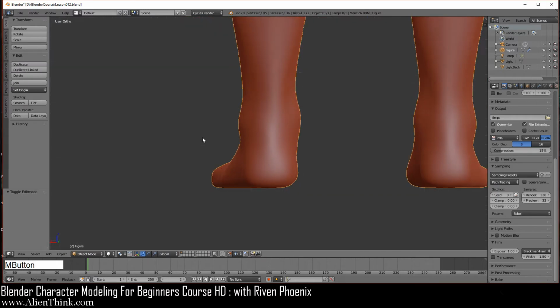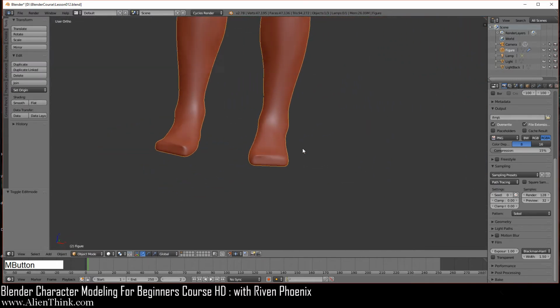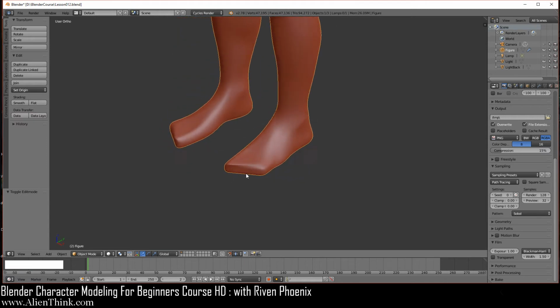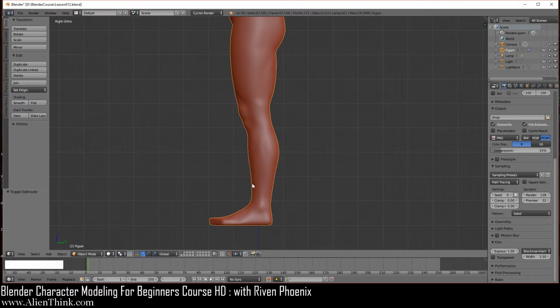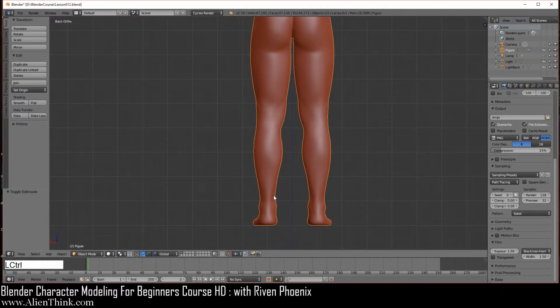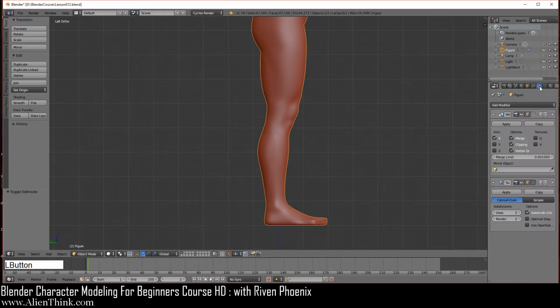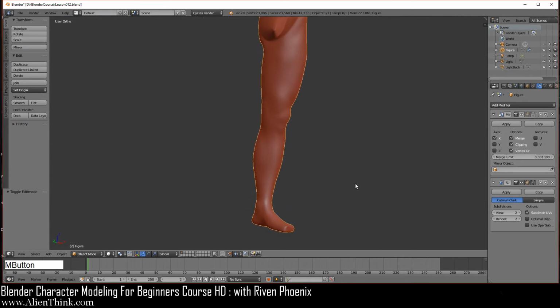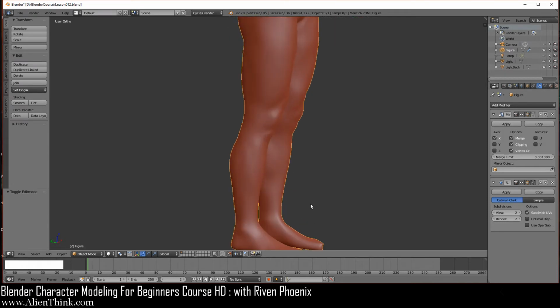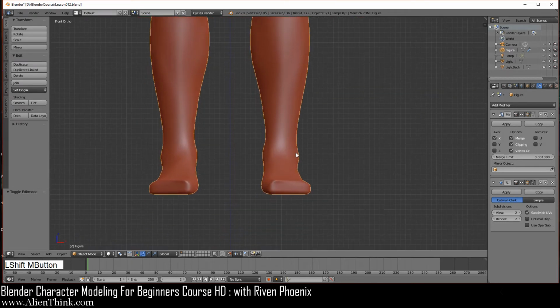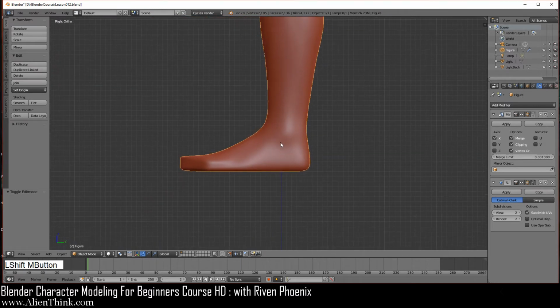Now if you do tab, take a look at this foot, you can see that what we have are the realistic forms of the foot coming along. So if you do 3, you can zoom out and take a look at this from the right view, the back view, and if you do Control 3 and actually go to your modifiers tab in the mirror modifier, you can click on this eye. It'll turn it off so you can see the inside of the leg. So you can see that you can also work in this way too. I'm going to select this back on. Okay, so now we're going to start to move on into the toes.